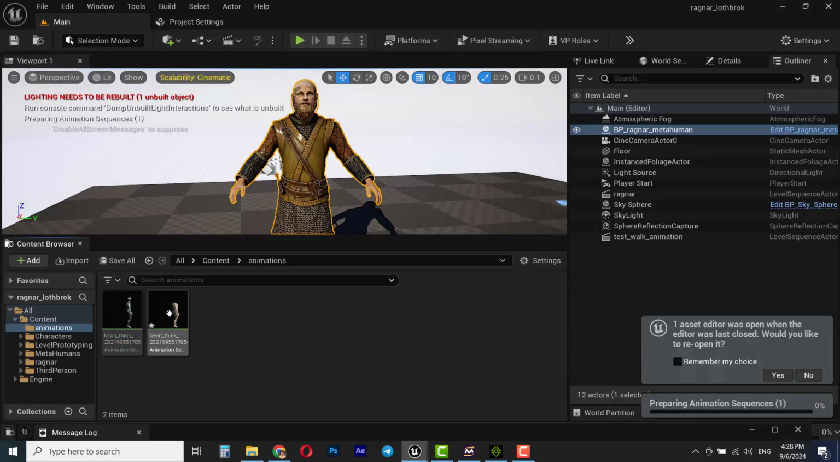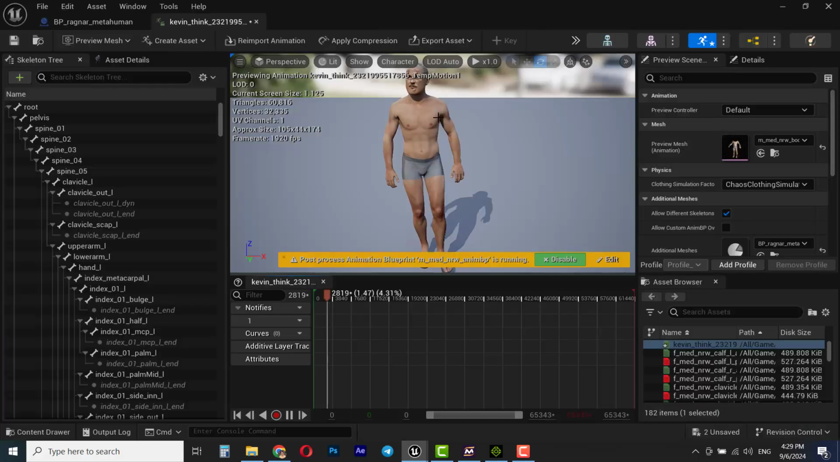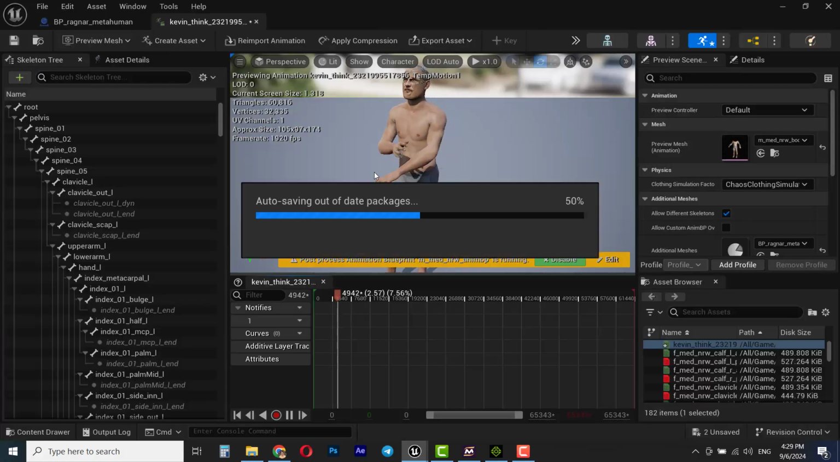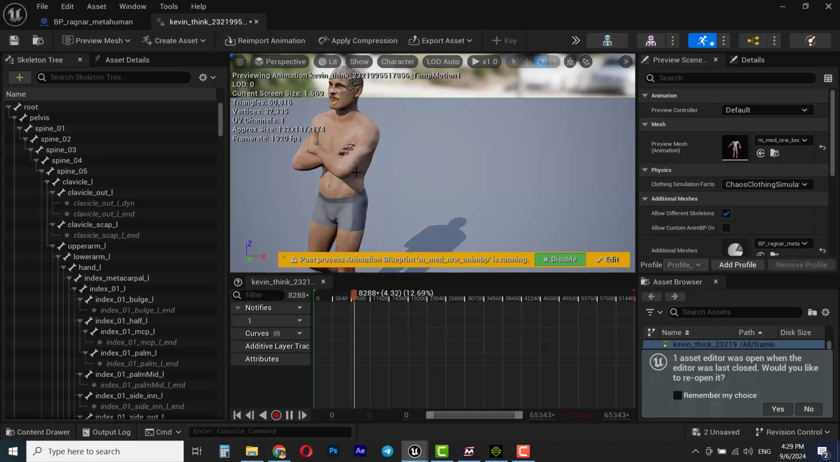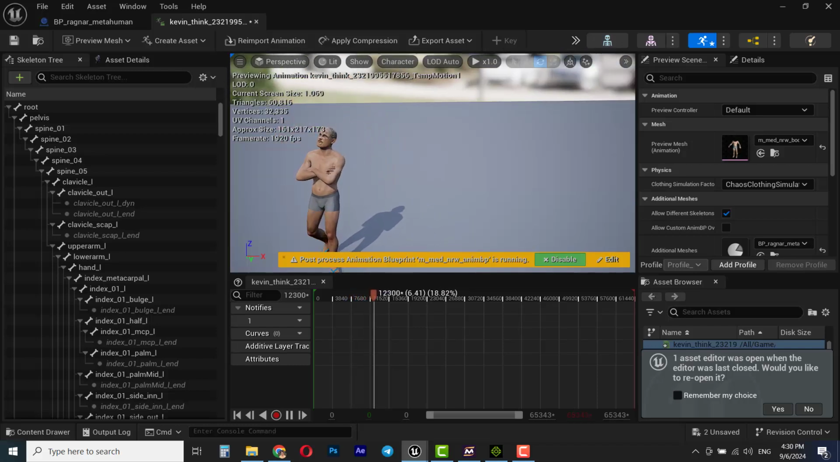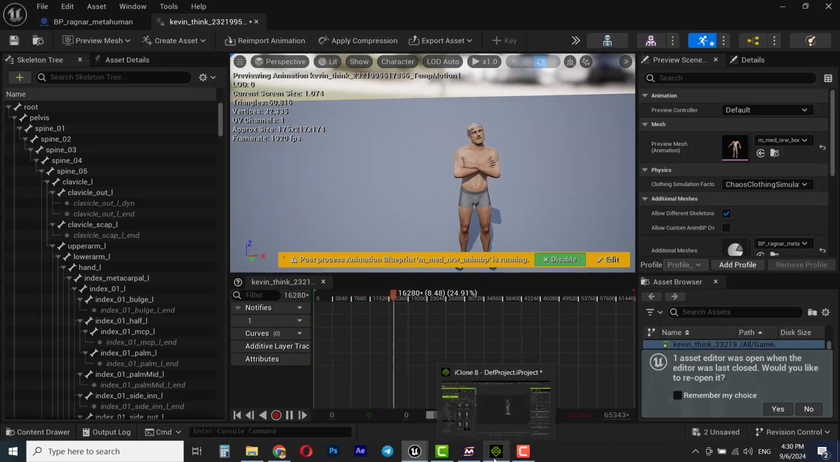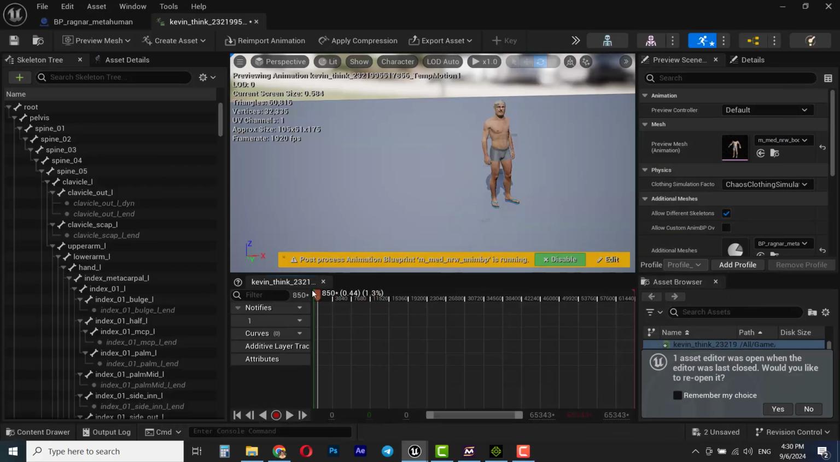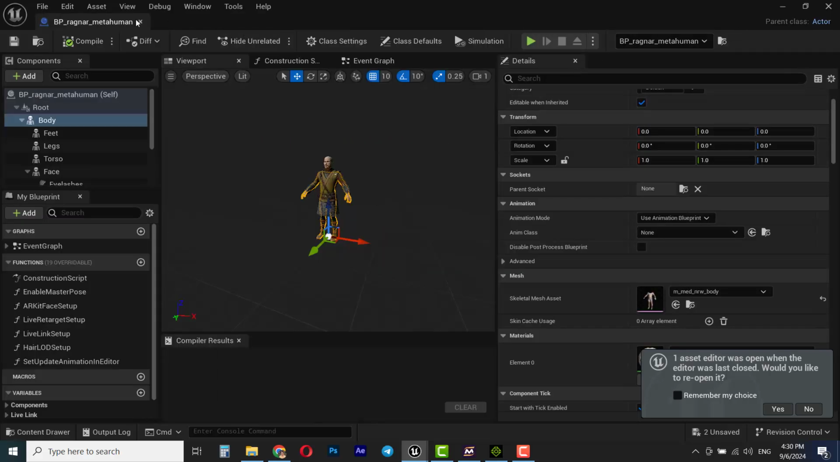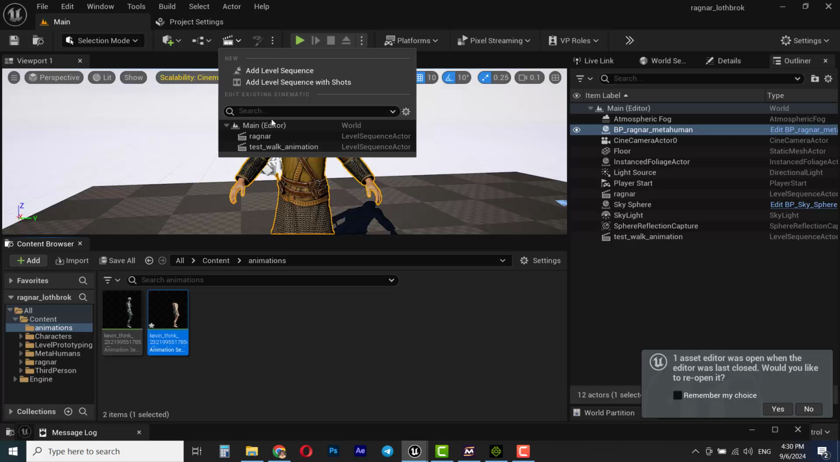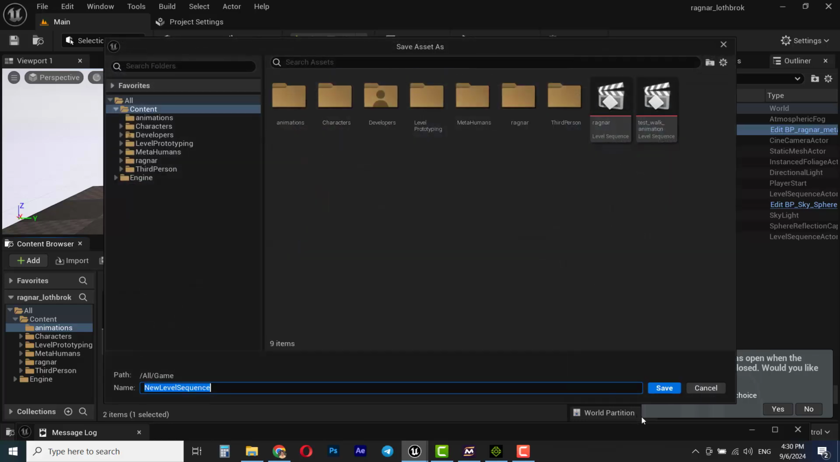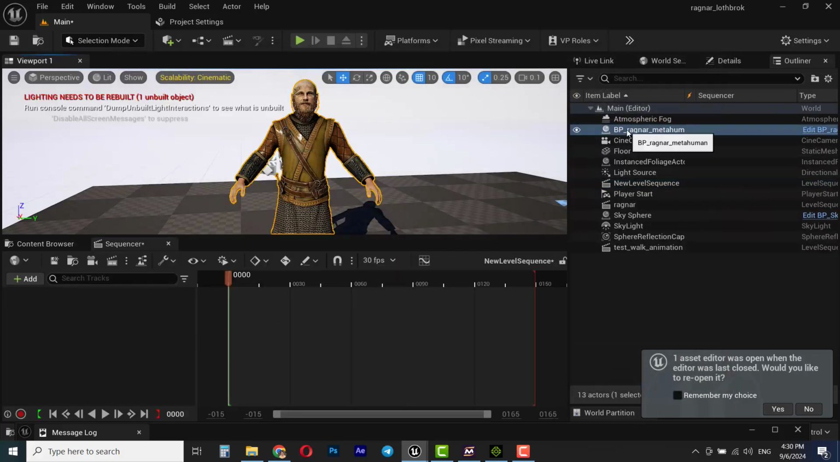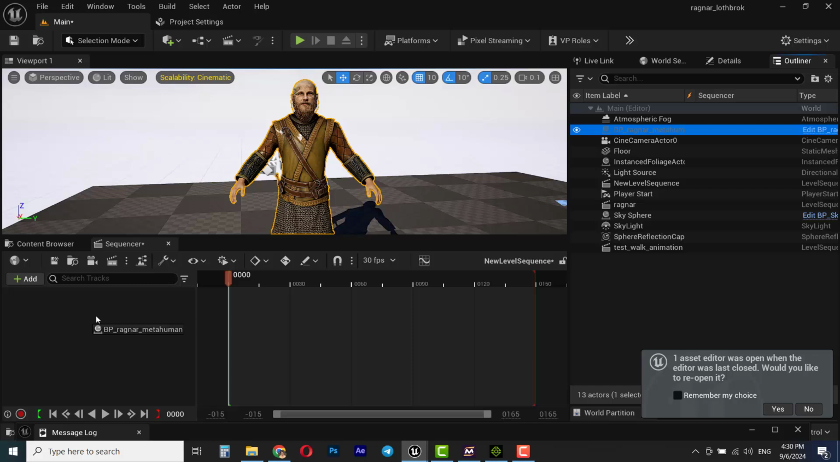Now if I double click on this animation, you see the animation without any problem. This is the one we already exported from iClone to Unreal Engine, and we put it on MetaHuman. You can create a level sequence, drag and drop the MetaHuman into the sequencer,